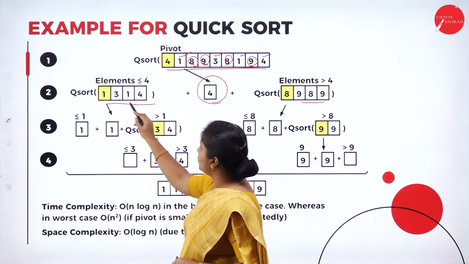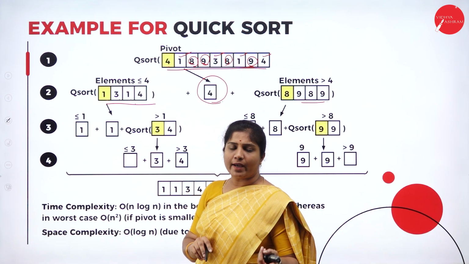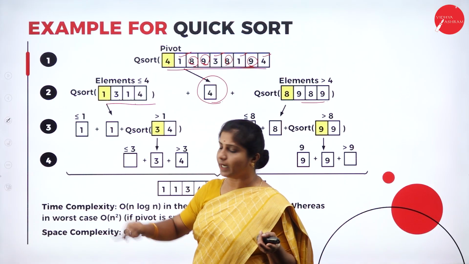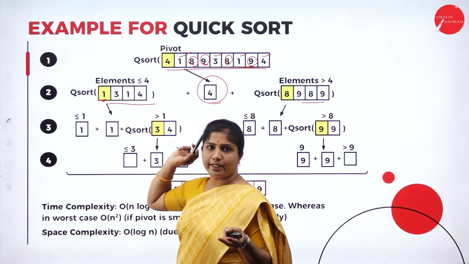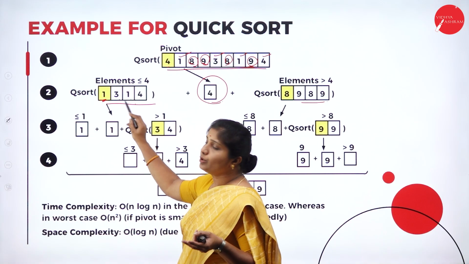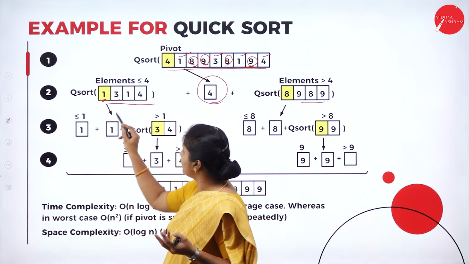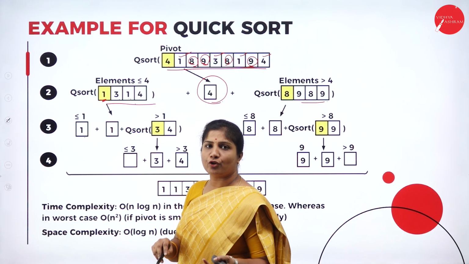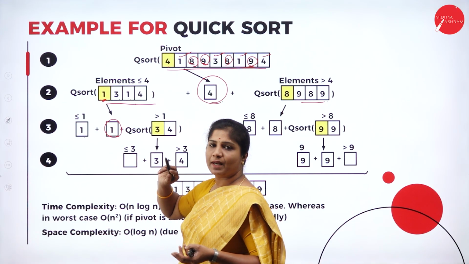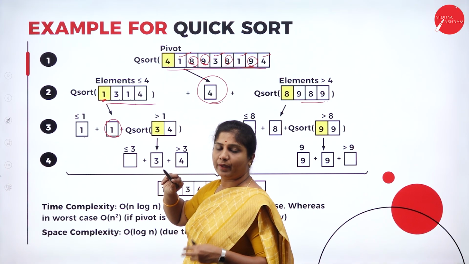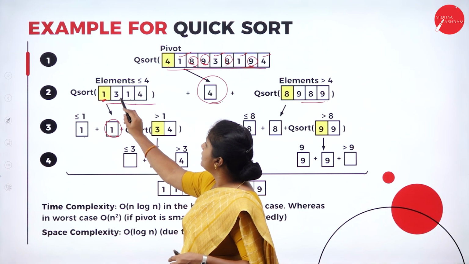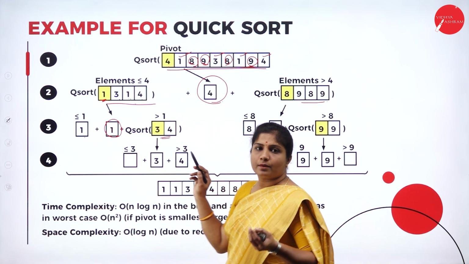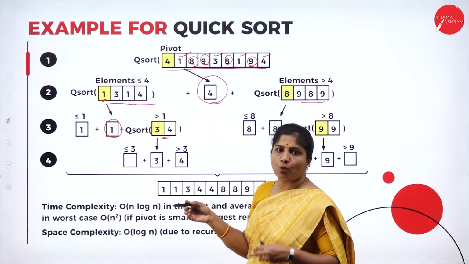Again it's divided into two subarrays. Why? Because again I have chosen one pivot element in a subarray. So one is a pivot element here. Again I am going to choose which are lesser than the 1, because I have one more 1 here. So this will be placed on the left of the 1, and 1 is placed as the pivot element, and next to 1, 3 and 4 are placed, because these are greater numbers than the 1.